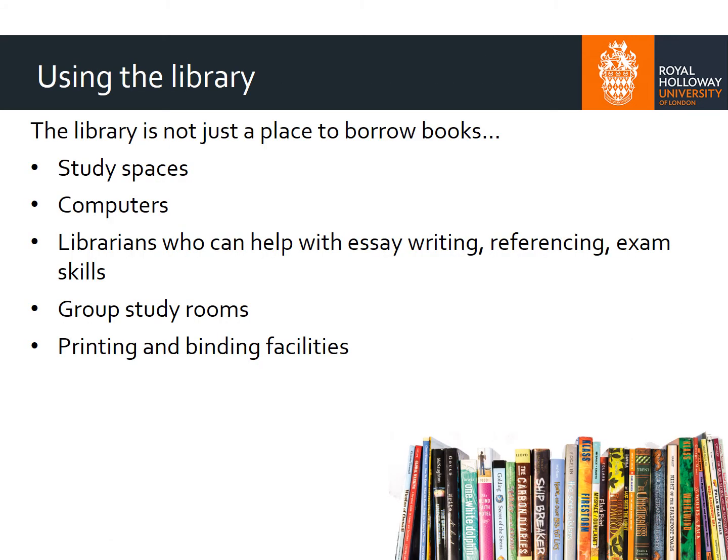Another key area that may be different to school or college at university is the library. The library does have books, but is not just a place to borrow books. It also provides lots of study spaces. Personally, when I was at university, I would do all of my studying in the library. I would find a desk and set up shop there for the whole day, only leaving to go to lectures and seminars. It is a studious, quiet environment with lots of resources, so it is a really good place